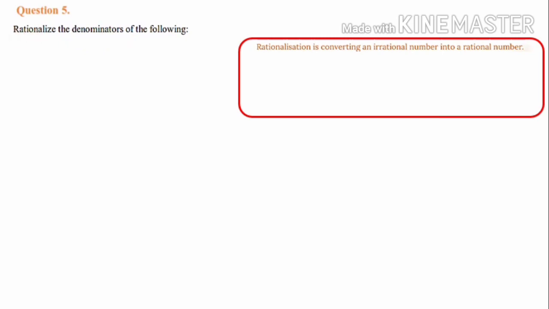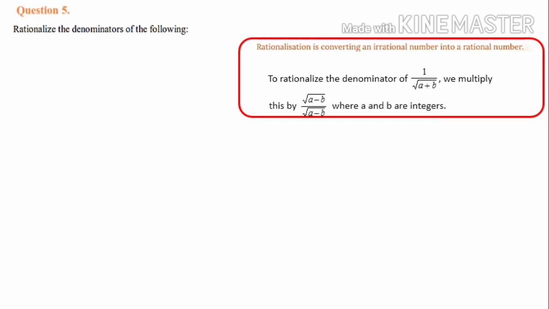That's the process. Here, to rationalize the denominator of 1 divided by root a plus b, you have to take the conjugate of root a plus b. I repeat, the conjugate of root a plus b. Conjugate of root a plus b means root a minus b. Conjugate means just take the opposite sign. Here plus is there, means you have to take minus. Here minus is there, means you have to take plus. Then by using that you have to multiply it, that is the conjugate. Here it is root a minus b, so you have to multiply by root a minus b over root a minus b. Actually root a minus b by root a minus b is 1.